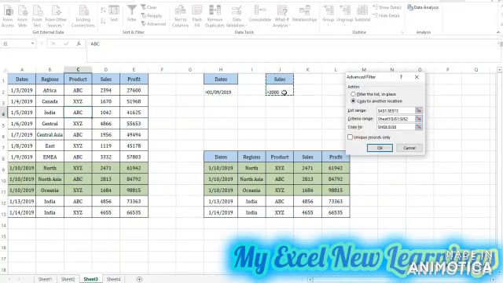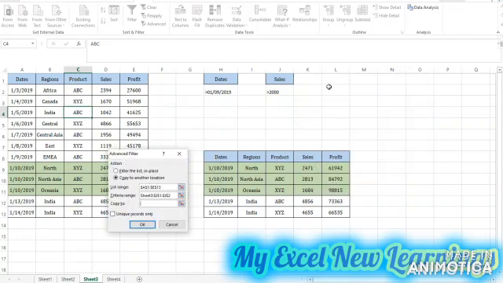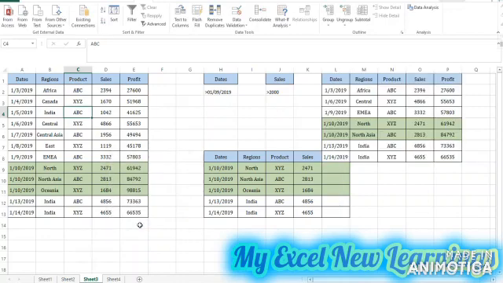I want to see the sales which are greater than 2000, then copy to other location. So we will see the data should reflect here. So we have got 7 records which the sales are greater than 2000.